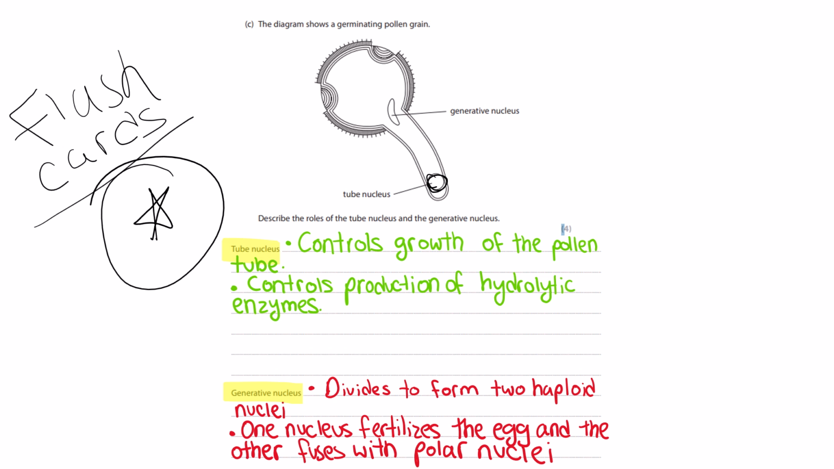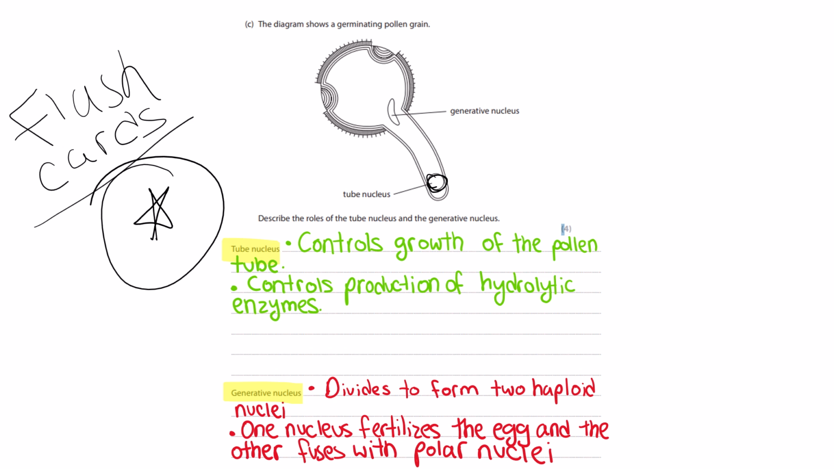Now, since it's on the tip over here, it's only going to make sense that it's going to release enzymes. Therefore, it releases enzymes and it controls the growth of the pollen. So the first point is it controls the growth of the pollen tube. Secondly, it controls the production of hydrolytic enzymes. Remember, these hydrolytic enzymes break down the tissue in the style to pave the way for the pollen tube